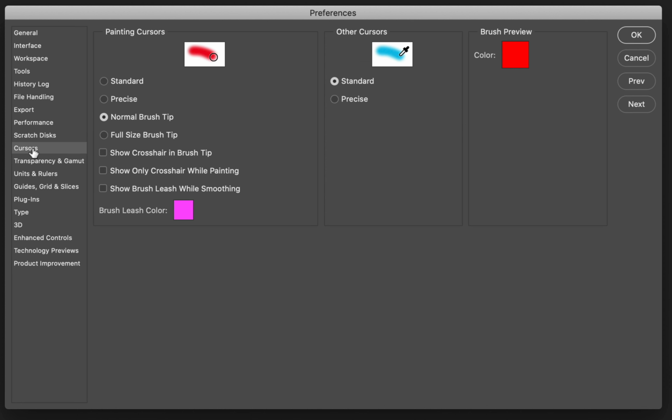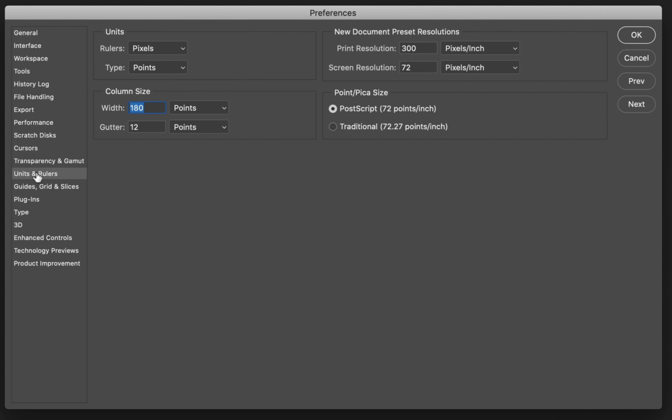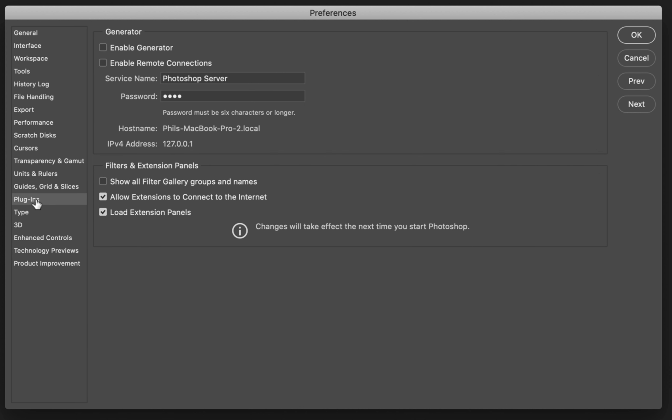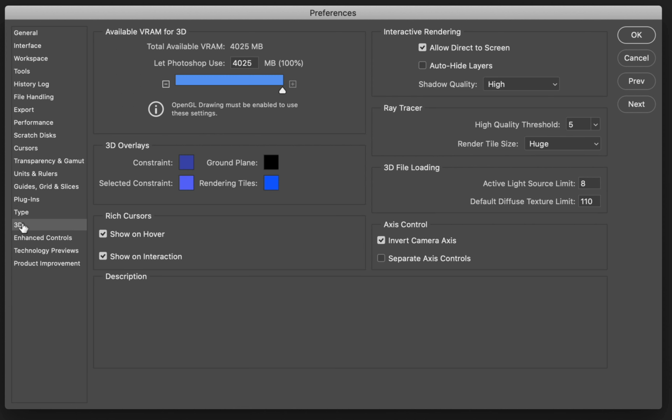All right, cursors, don't bother about that. Transparency and gamut, don't worry about that. Units and rulers, I just leave this the way it is. Guides and grid and slices, these are color preferences, so I care nothing whatsoever about this stuff. Plugins, just leave this the way it is. And I would leave this the way it is. So there really isn't a whole lot you're going to change here, except, very, very important, the scratch disks,